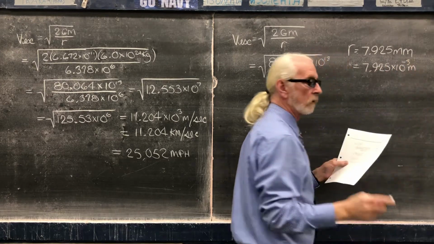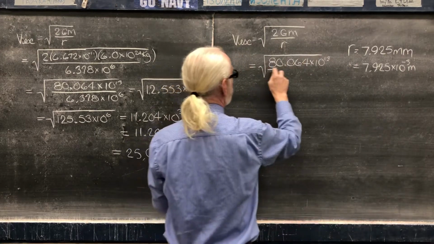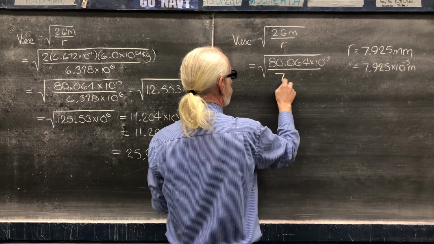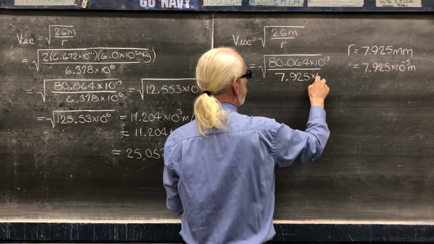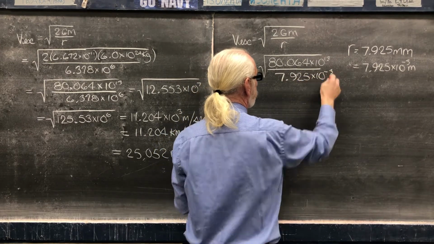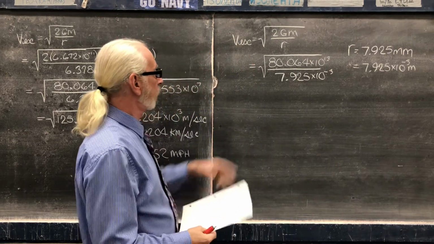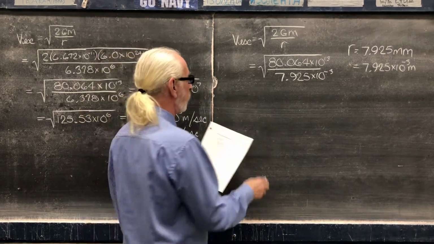Remember, we have to use meters. So that becomes my new denominator, 7.925 times 10 to the negative third. So now we go ahead and divide these, and we get